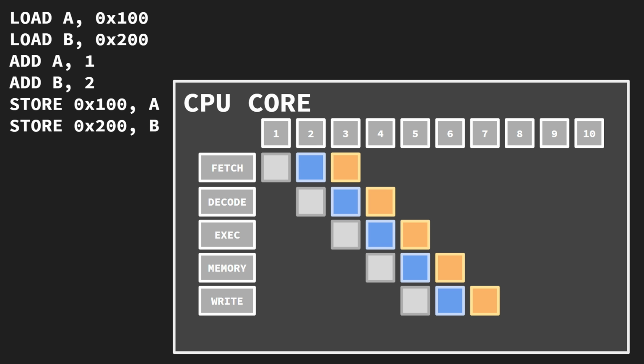So we load the number 20 into A, then B also loads the number 20 into A. A increments it by 1, B increments it by 2, A stores it, and then B stores it. And now we've lost the work that A did. So that's why when you do multi-threading or asynchronous programming, you do